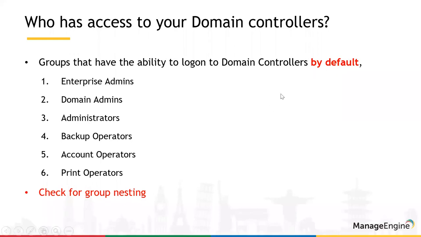And by default, only these 6 groups that you see on the screen have the ability to log in to the domain controller. So if you're a member of any one of these groups, you then gain access to the domain controller. If you're not part of any of these groups, you do not have access to the domain controllers. That's by default, okay? So which means we need to understand that these groups, right, enterprise admins, domain admins, administrators,